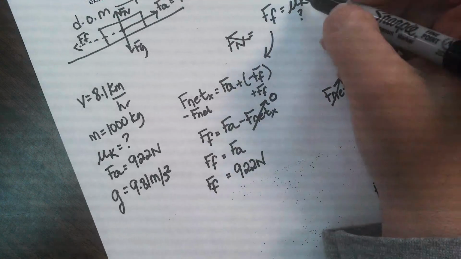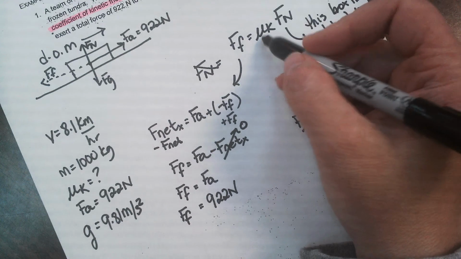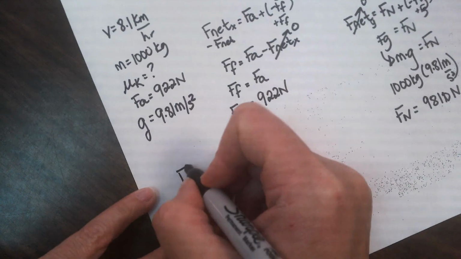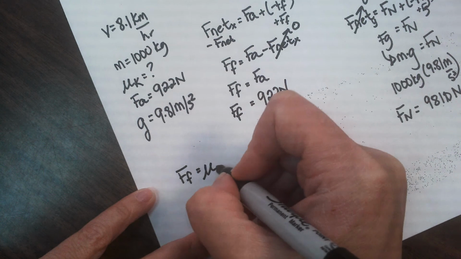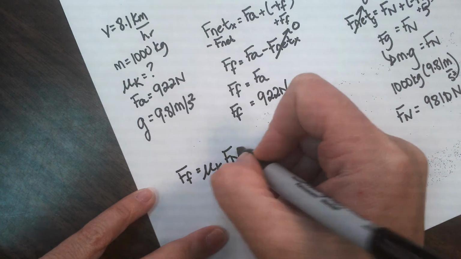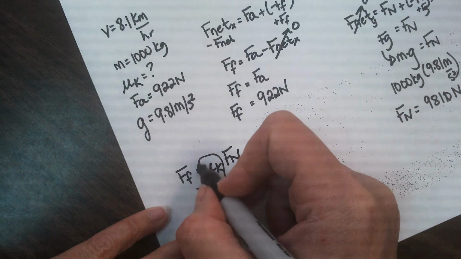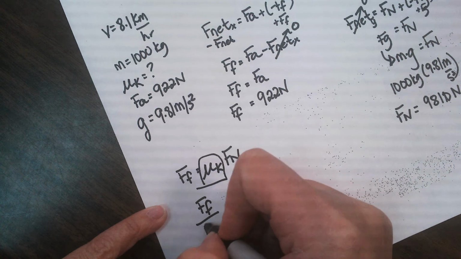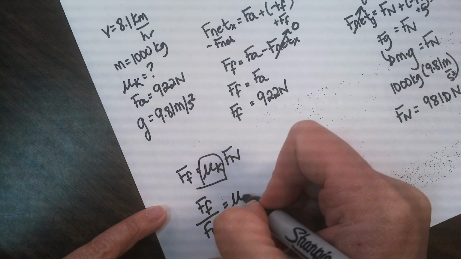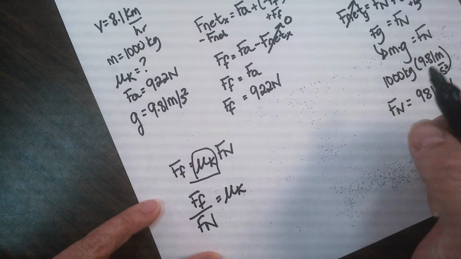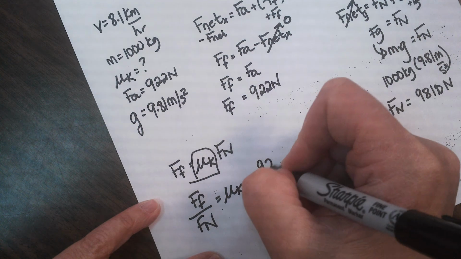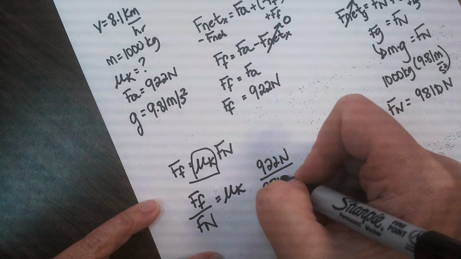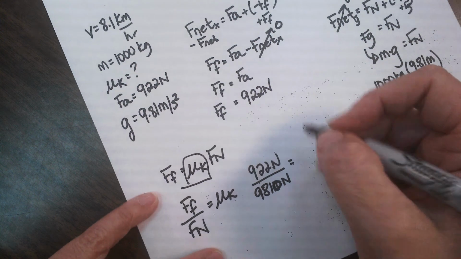So now I can go back up and solve for this equation here. Force of friction is equal to kinetic coefficient times force normal. That's what I'm looking for. So force of friction divided by force normal is going to be equal to my kinetic coefficient. I'm going to go 922 newtons divided by 9,810 newtons, and I'm going to get a value of